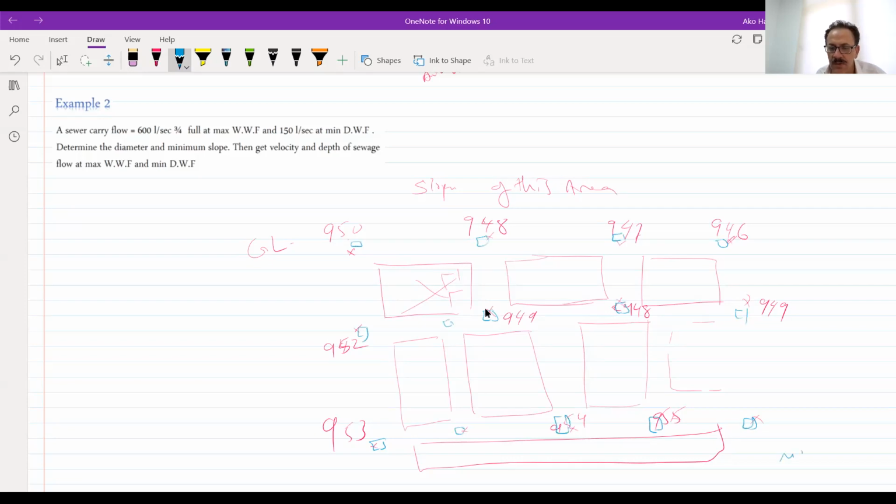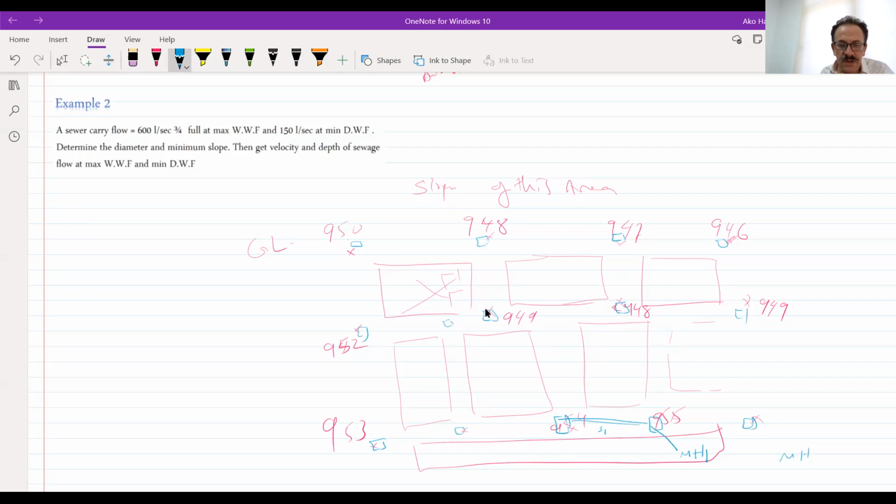So manhole numbers. Now look at the highest level. The highest level is 953, 955. So maybe this is the highest one. You will say this is manhole number 1. Now after that, you have to look at the direction of the sewage flow. We should take the benefit of the slope of the area. This will decrease the cost by 50% for you and for the owner of this project. So we will start with 955, and this is sewer number 1.